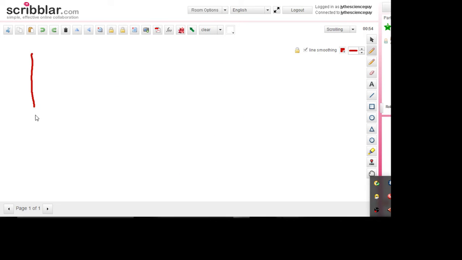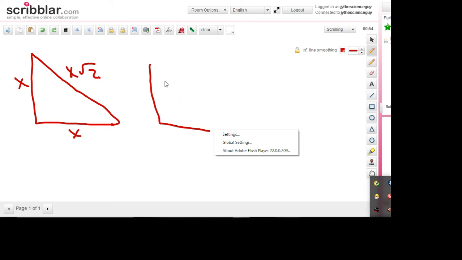So I'm going to redraw the triangle again. And this is x, and this is x, and this is x root 2. Now, I'm going to do a couple of the harder sides, and I want to see if you can see the pattern, okay? Because there is a pattern to this. So let's say